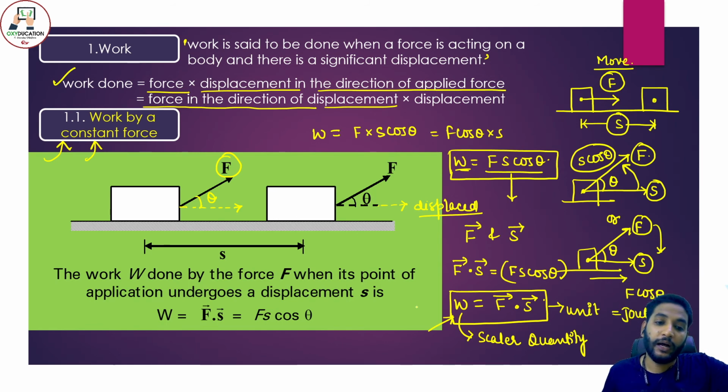Okay, and if you are asked how will you define 1 joule, so 1 joule is nothing but 1 Newton into meter. So this is the 1 joule definition. So here we discussed that if we have a force applied on any object